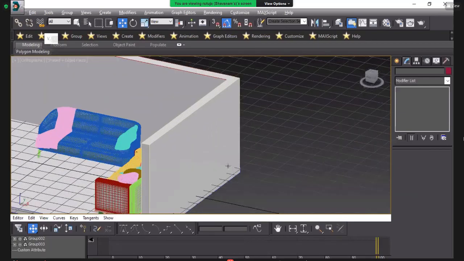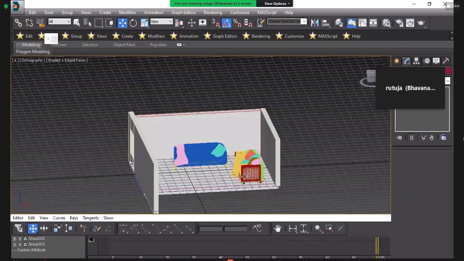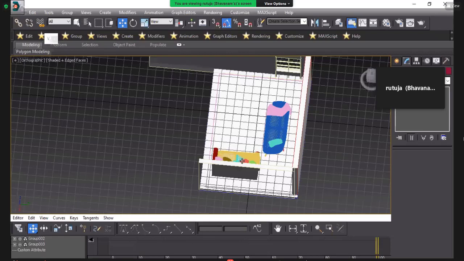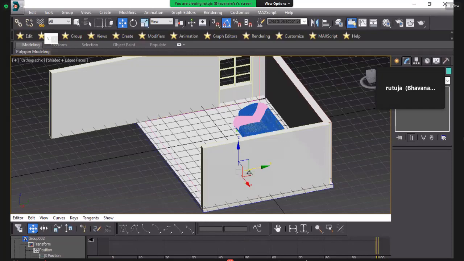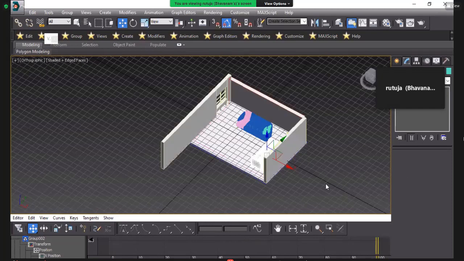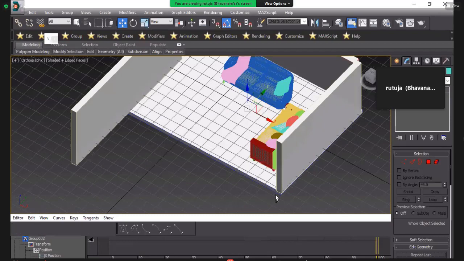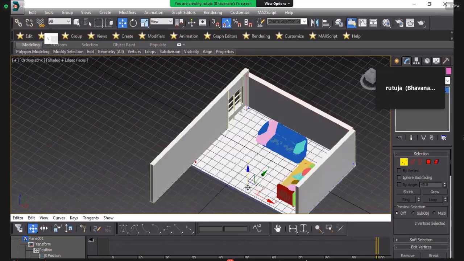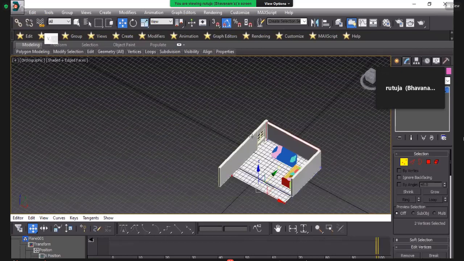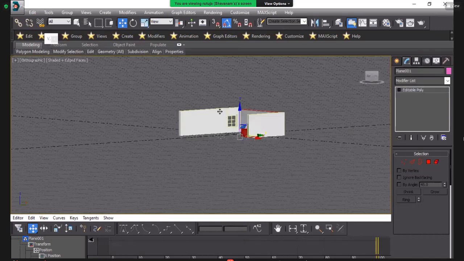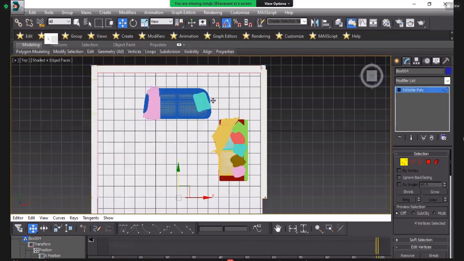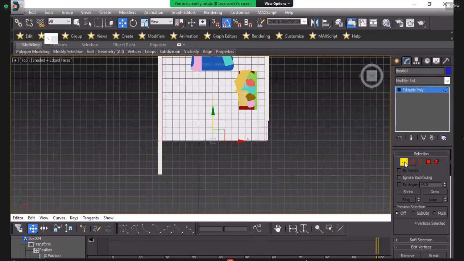But okay. That's like you place your sofa, and here I will increase the area of the floor because of my requirement. Also increase. So here